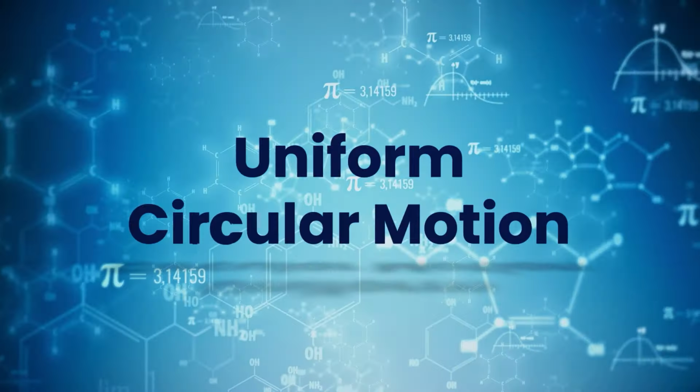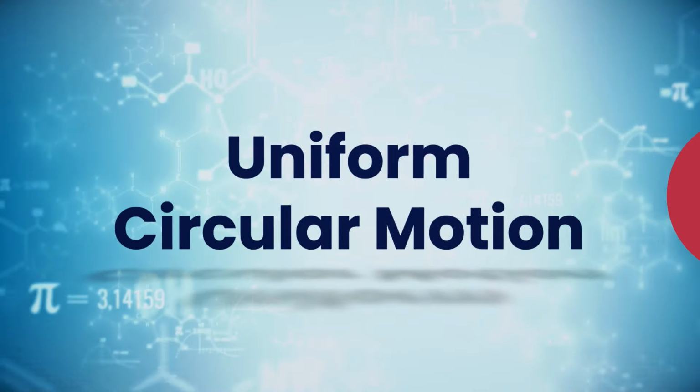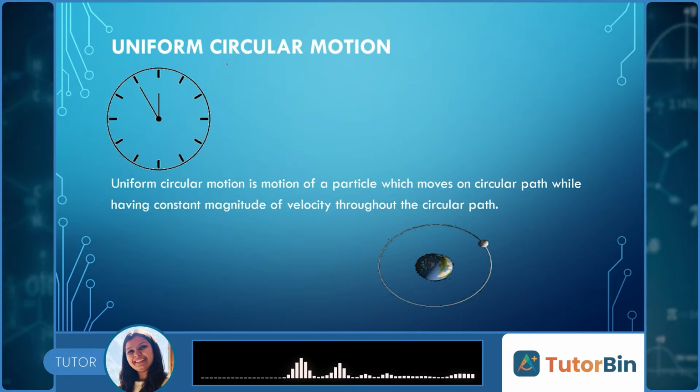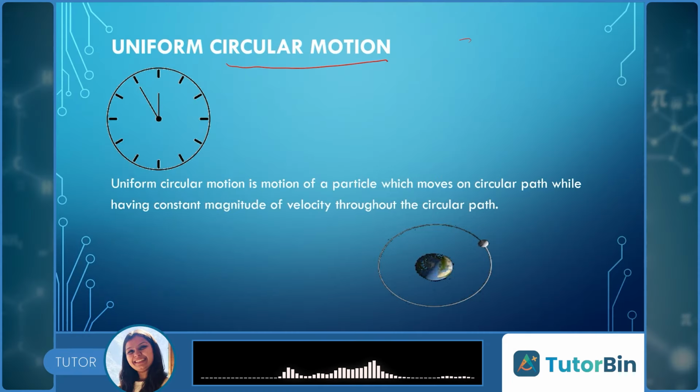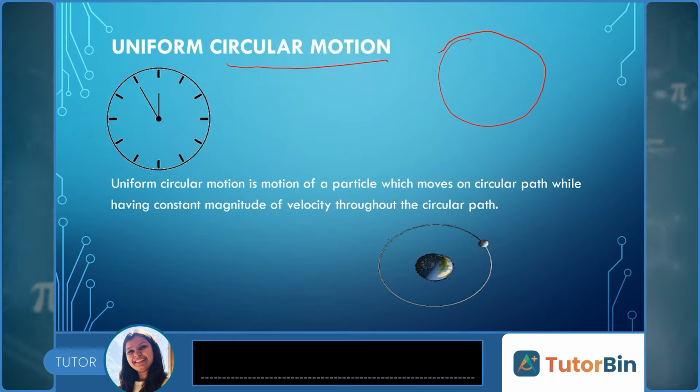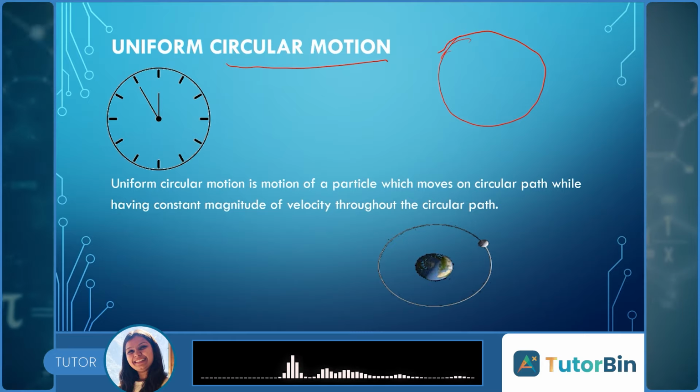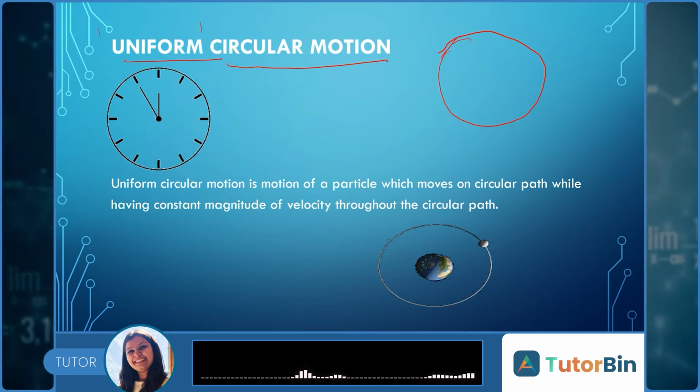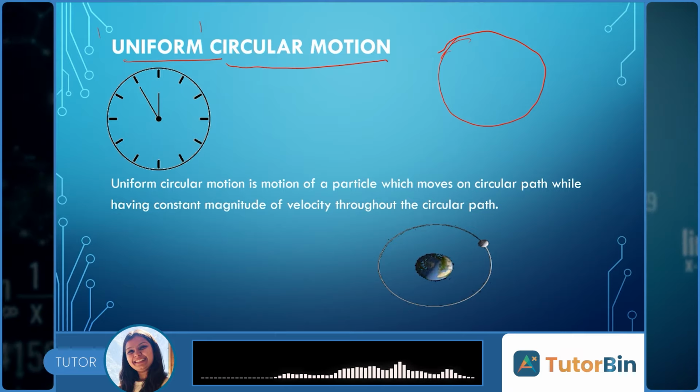Hi, today we'll discuss uniform circular motion. From the term circular motion, we can clearly understand that the object is moving in a circular path. When we say uniform circular motion, we mean that the object is moving in a circular path but with a